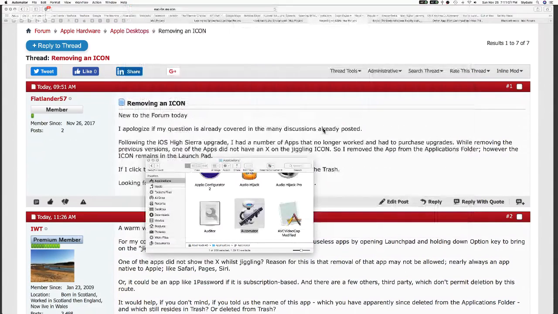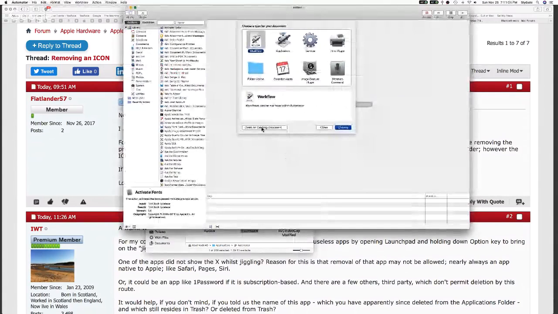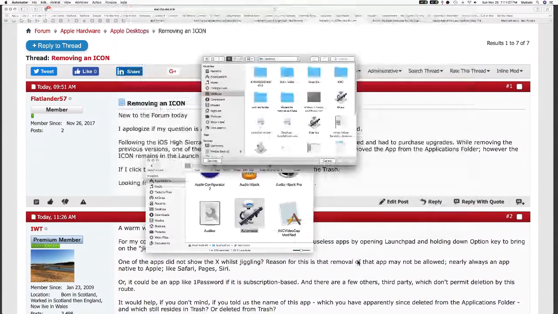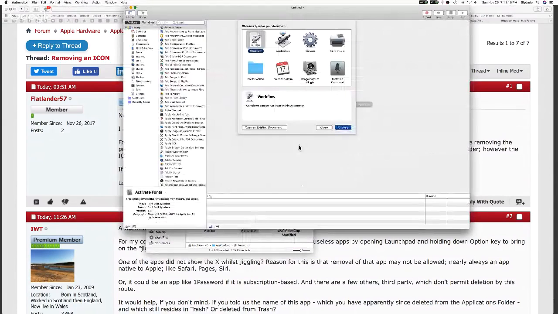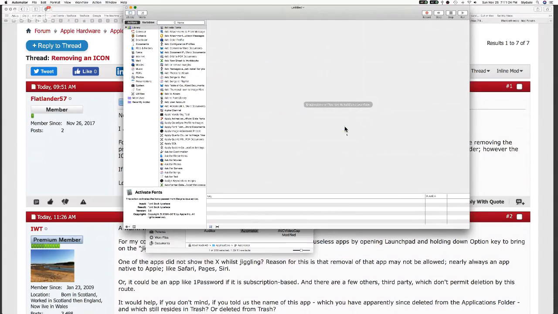I want to open this up again. I'm going to tell it that I'm going to open a project. Okay. I'm going to let it open this. But what I want to do is get this up and running. Because once it's running, I'm going to build a new workflow here. Let's try workflow. I want to build a new workflow.